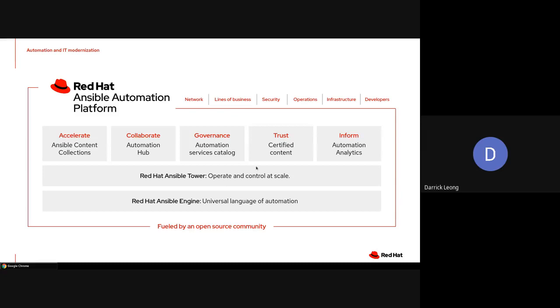And now on top of it, we have a SaaS service that is being provided, which later I'm going to show you briefly. We have the automation hub itself that serves as the place to host the Ansible content itself, these collections, and also other various SaaS services like service catalog, as well as automation analytics.